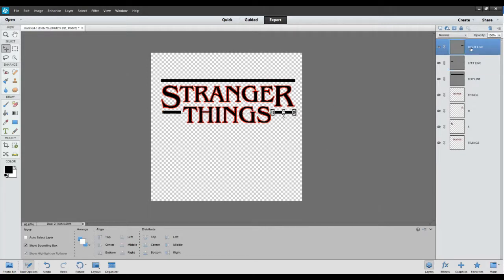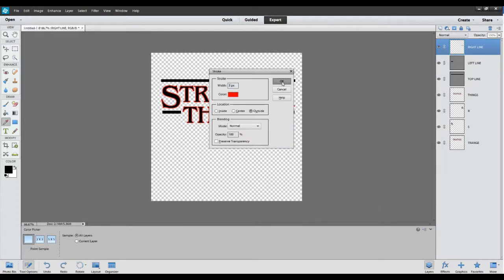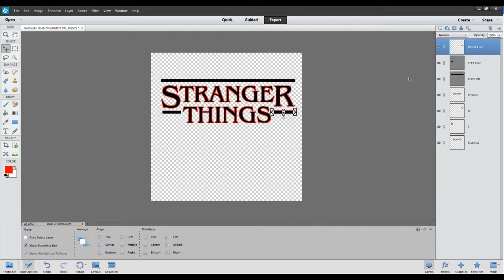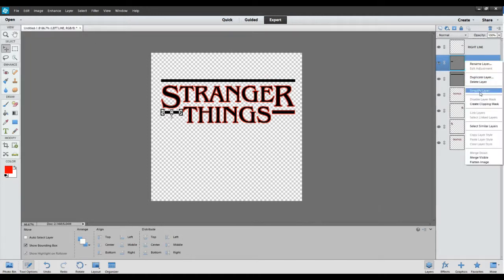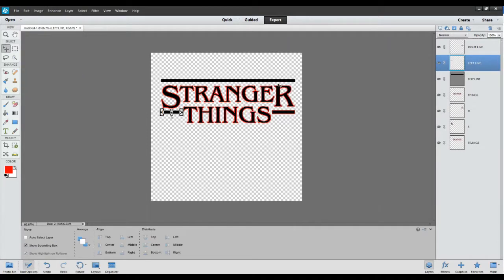So now the right line over here, I'm going to highlight that. I'm going to simplify the layer. Go to Edit, Stroke, change the color to red. Say OK. Left line, simplify layer, stroke, red, okay. And then the top line, right click, simplify layer, stroke outline, and okay. Now if you'll hold your Alt key down, and you can use your mouse scroll bar,